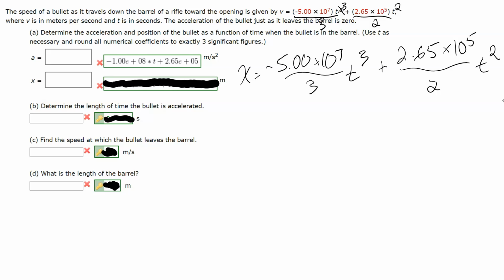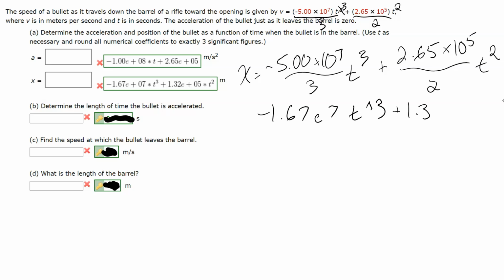So you'd have to do 5 over 3, which would be like 1.67 times 10 to the 7th t cubed, plus, and then 2.65 divided by 2, and you get 1.33. So let's see, 1.32. So here's our equation in that case for this one. So it'd be 1.67 E7 t caret 3 plus, oh, and that's negative, plus